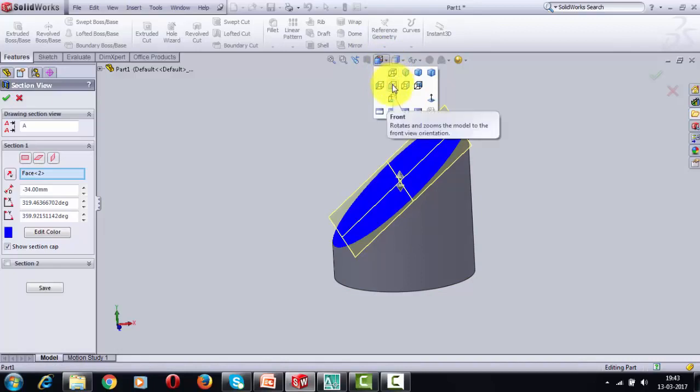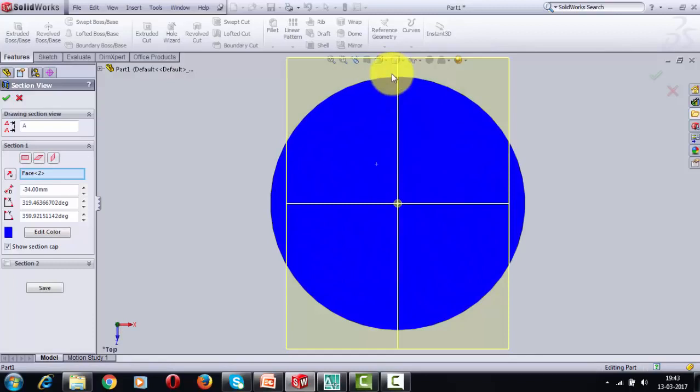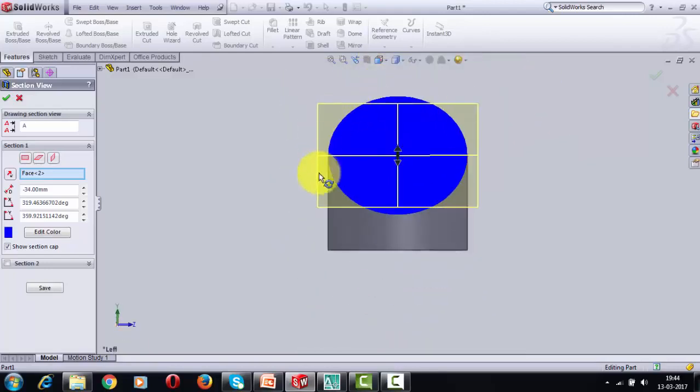And one more thing that I would like to tell you is when you look at this entire scenario from the front, it's going to look something like this. This cutting plane will look like a line, and I'm going to show you how that can be done. When you look at this object from the top, it's going to look something like this. This blue colored portion that you're going to see will appear like a circle from the top. And when you look at this object from the left hand side, it's going to look something like this. Again you're going to see a circle.